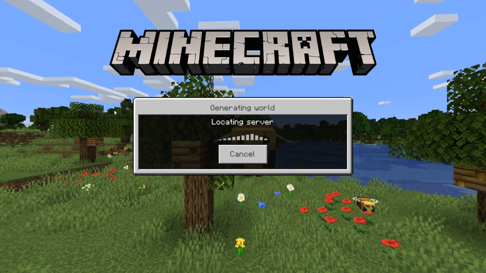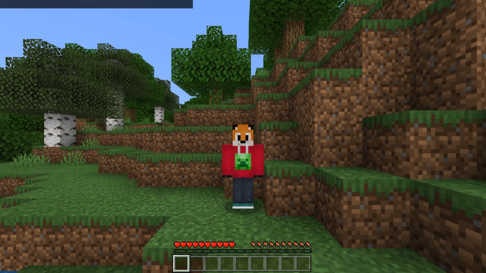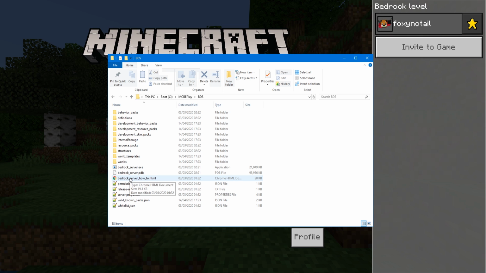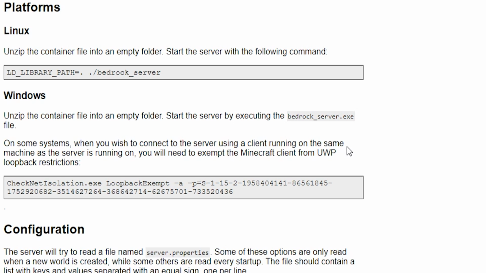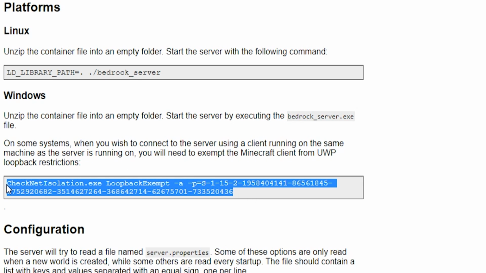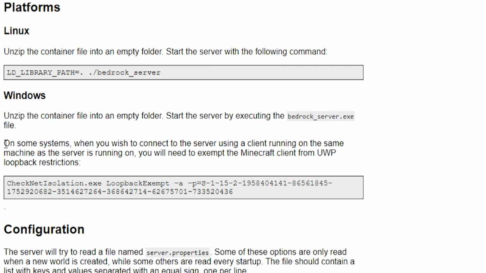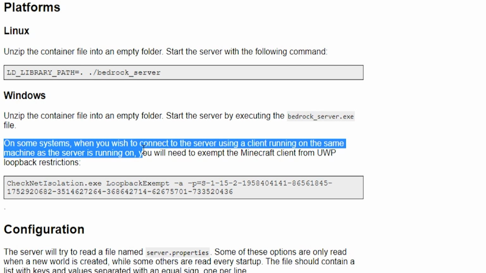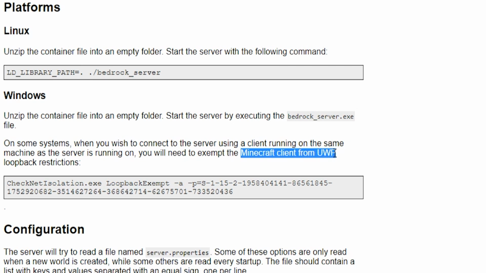Now, you'll see that I can access it. I can get straight in there, but you might not be able to the first time you load this up, and we'll have a look why. Going back to the BDS folder that we created, if we go down to the Bedrock server how-to.html and click that, that's going to open up in our browser, and this bit here says that if we want to run it on the same system as our actual client or our game, we need to run this command in a command prompt window. So it says, on some systems, when you wish to connect to the server using a client on the same machine as the server is running on, you will need to exempt the Minecraft client from UWP